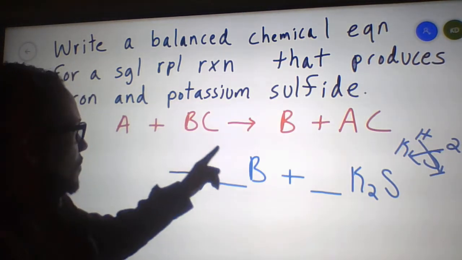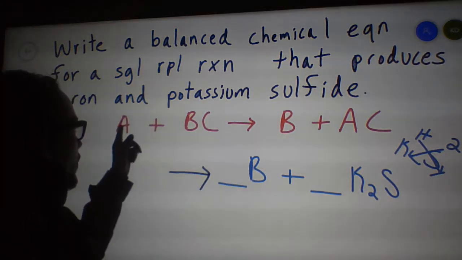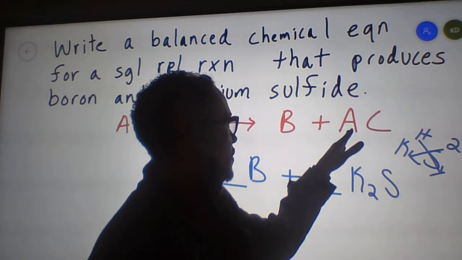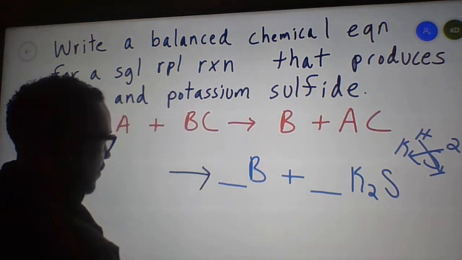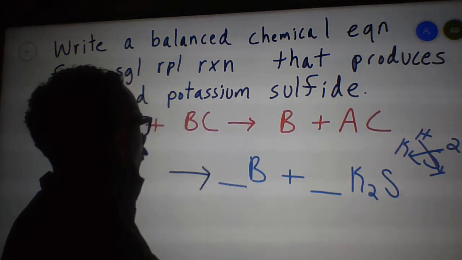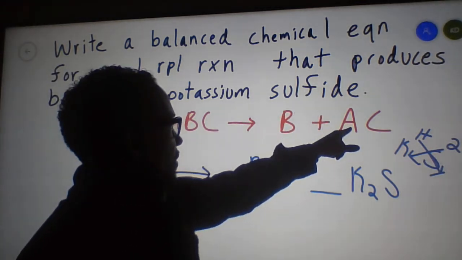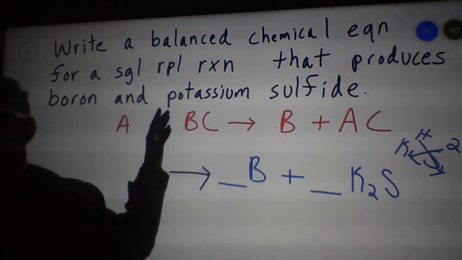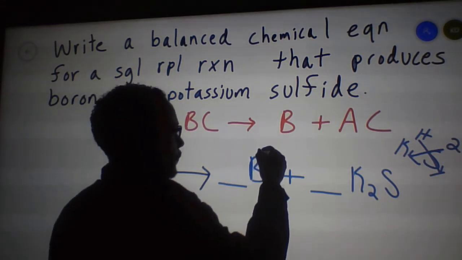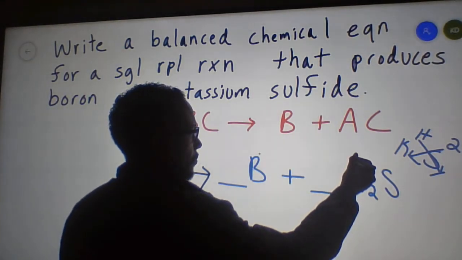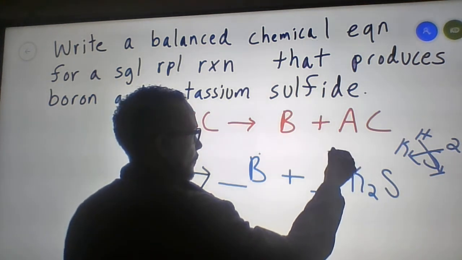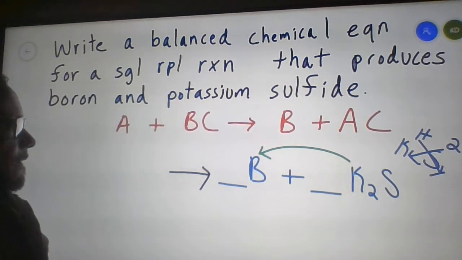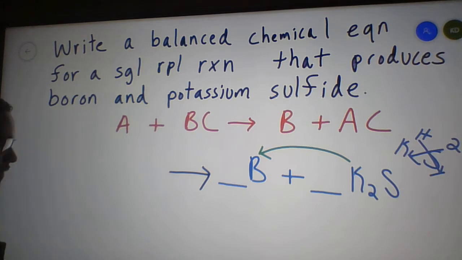Okay, so I'm just going to work backwards. So if we started with A and BC, we got B and AC. So now let's just start with B and AC, and then I guess what's going to happen is we're going to see that now, okay, the B comes in. So he was here originally, and then the A was originally out. And then we're going to push this one back out. So that potassium is coming out of there. All right, so that potassium is coming out. And then,